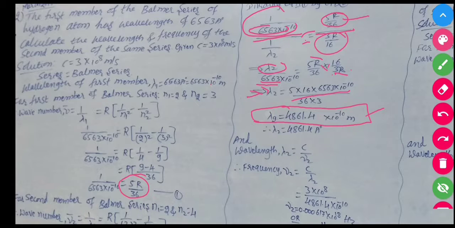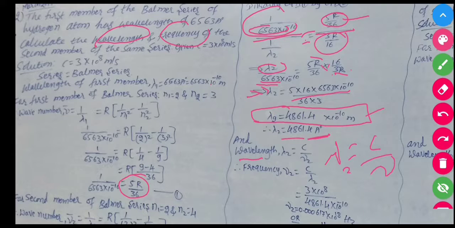So lambda 2 is equal to 5 into 16 into 6563 into 10 raised to minus 10, whole divided by 36 into 3, by cross multiplication. If you do the calculation, you are going to get lambda 2 as